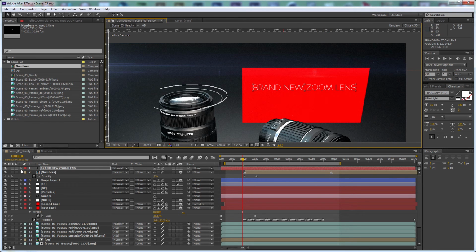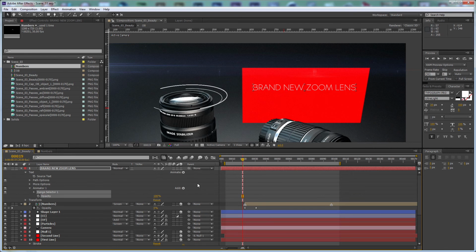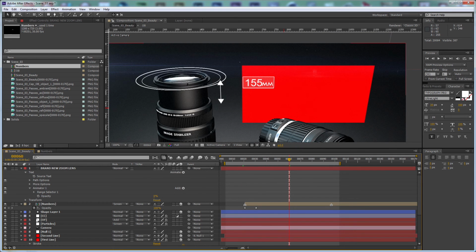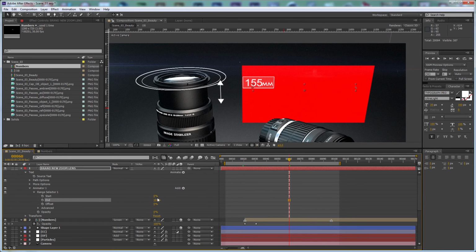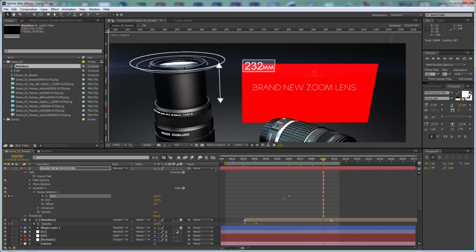And basically what we need to do is to animate our type, animate the opacity, set the opacity to 0, and animate it from frame 60. Let's go to the range selector, and we are going to animate the start, set a keyframe, move like 30 frames forward, set this to 100,